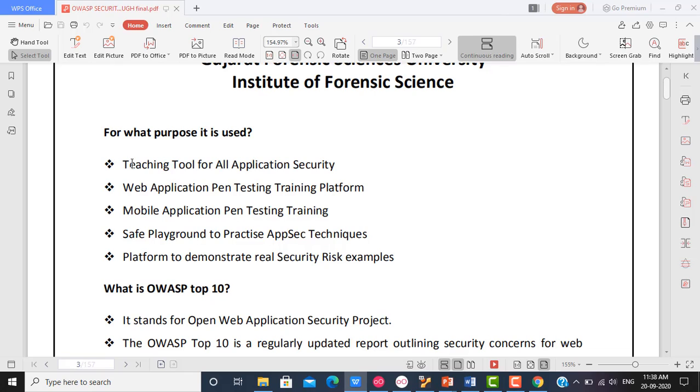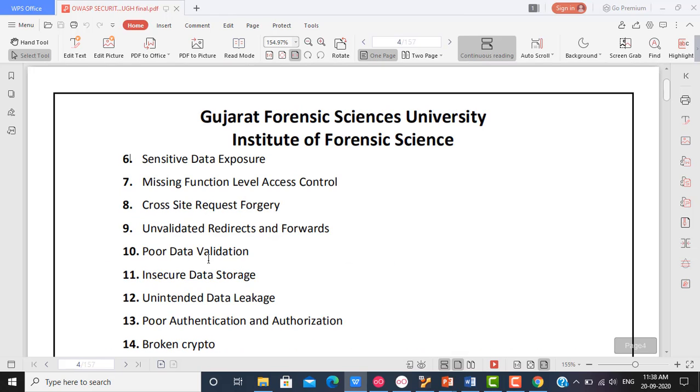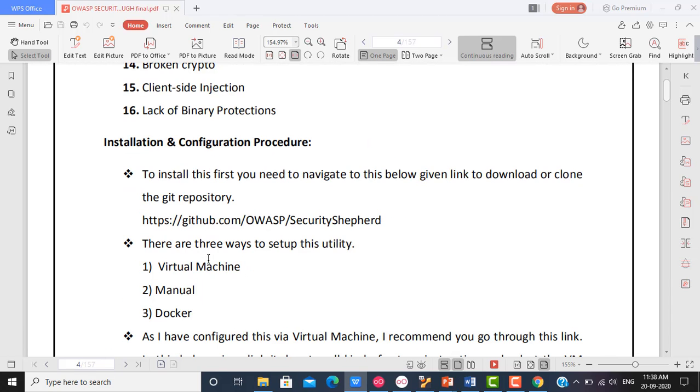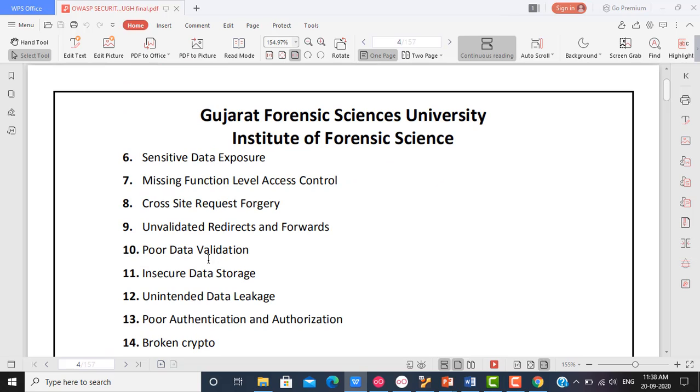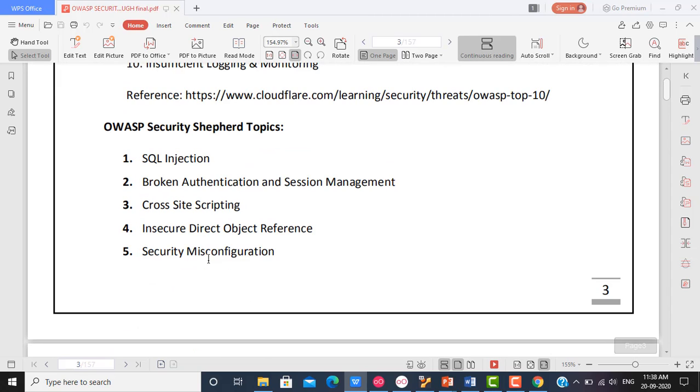You'll find this is meant for the teaching tools for all the application security, web application pen testing training platform. It is also the mobile application pen testing training platform. It is a safe playground to practice the abstract techniques also, and it is also the platform to demonstrate the real security risk. And I would say this is what you can expect in